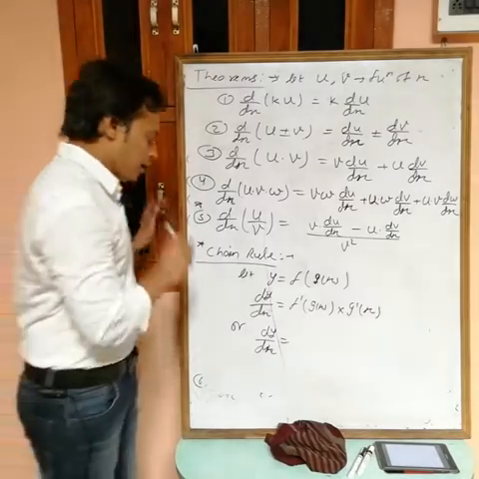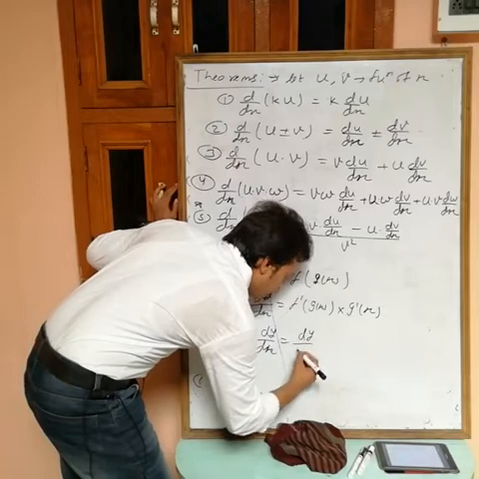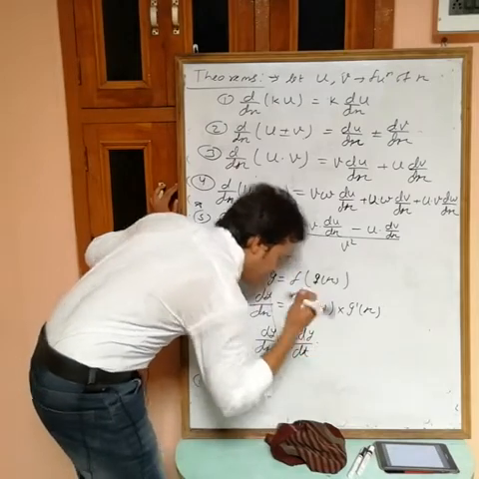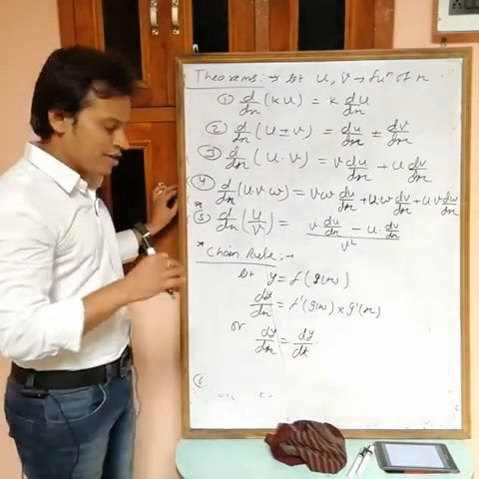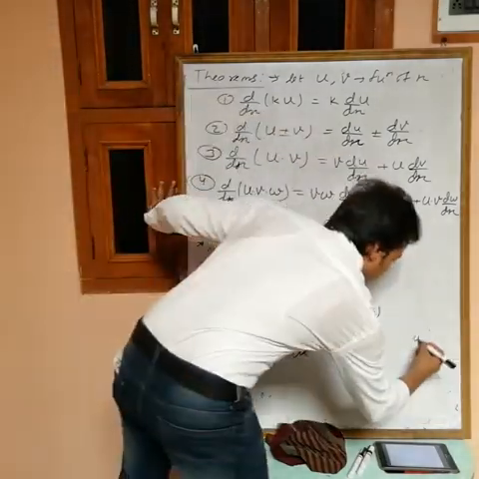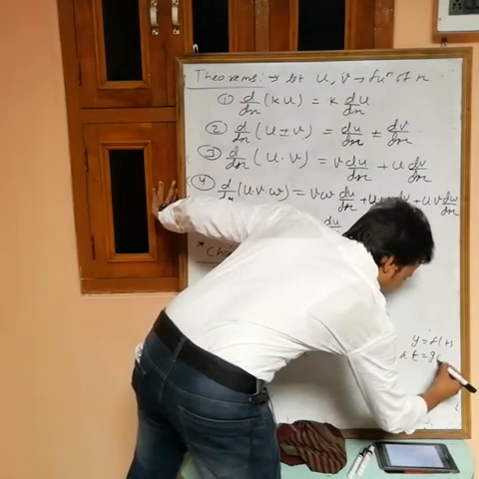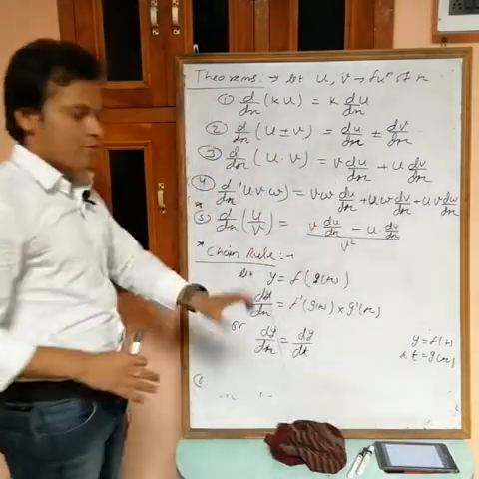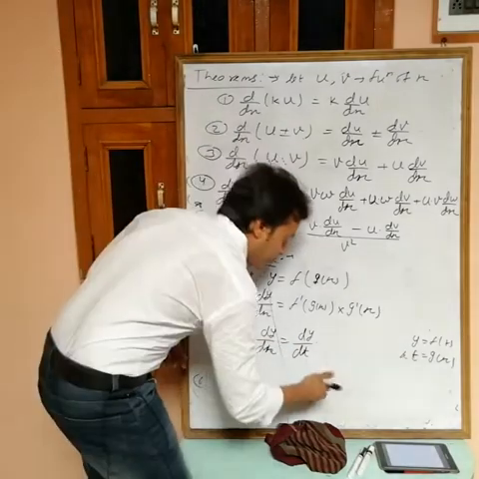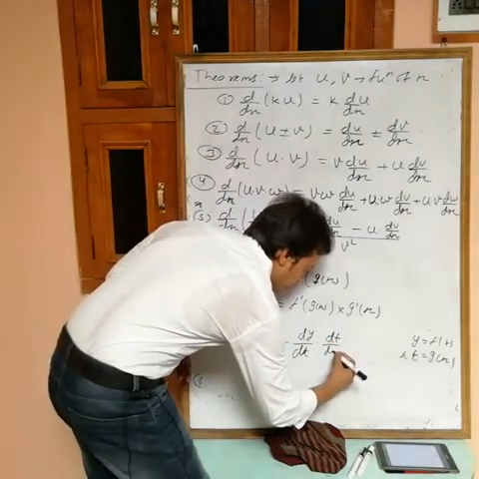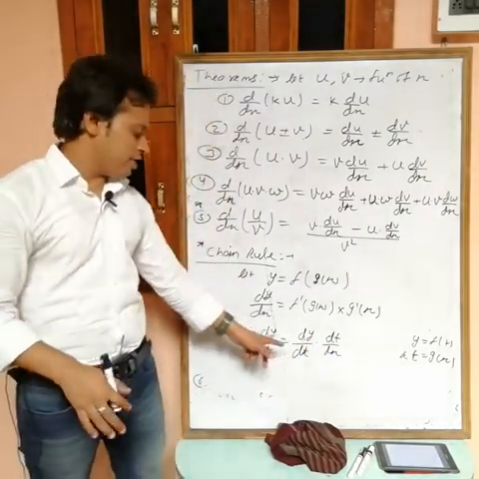Okay, then you can write dy by dx as, if y is a function of t, then first differentiate y with respect to t, that is dy by dt. But you want dy by dx. Let y be a function of t and t be a function of x, say g(x). Now we have dy by dt, but we want the value as dy by dx, so now differentiate t with respect to x, dt by dx. Now see, dt cancels out, and what are we getting? dy by dx. So this is equal to dy by dx.